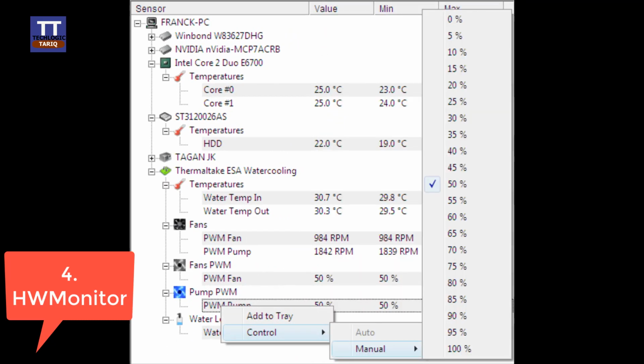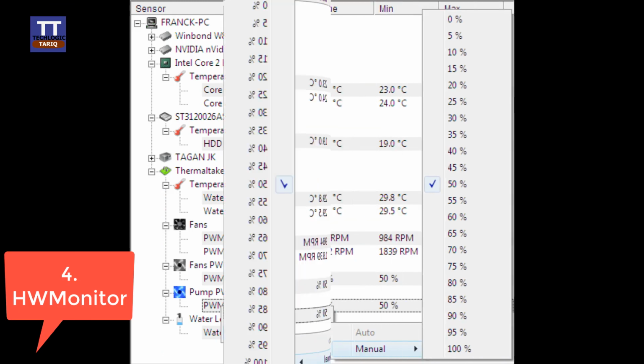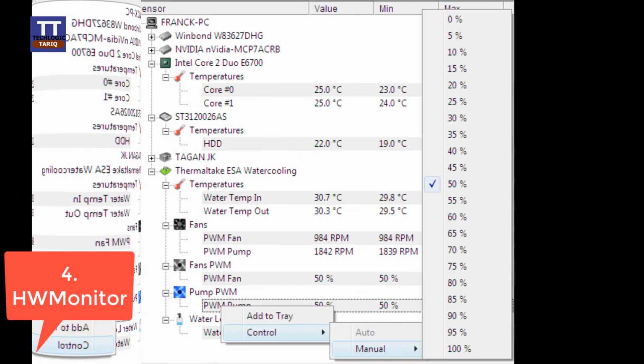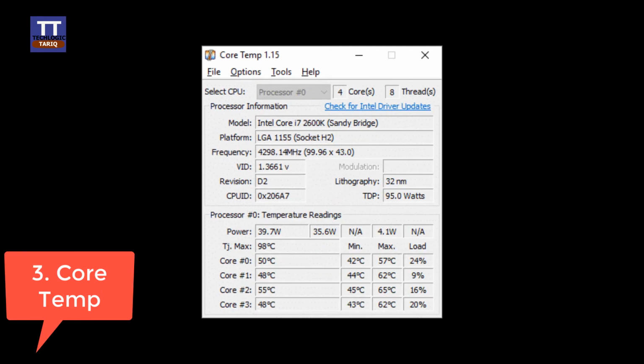Number 4 is HWMonitor software. HWMonitor is one of the best and advanced CPU monitoring tools available out there, which shows the current temperature of the motherboard, graphics card, CPU and hard drive. Not only that, but it also displays the CPU loads in real time as well. However, the tool is a little bit advanced and the reports are quite complicated to understand. So if you have any technical knowledge regarding how the code works, then HWMonitor might be the best pick for you.